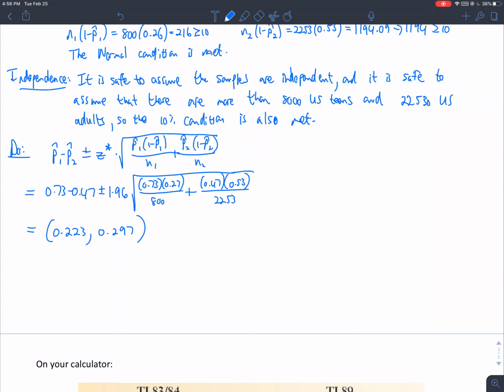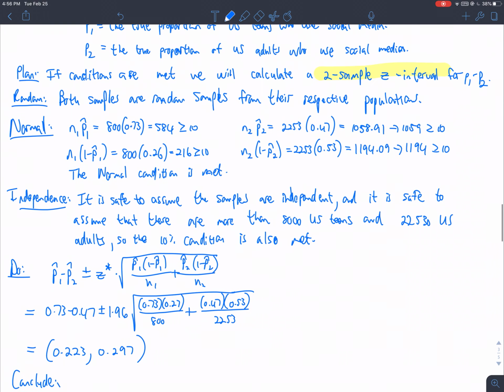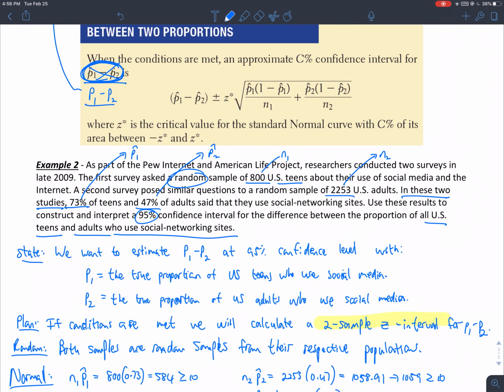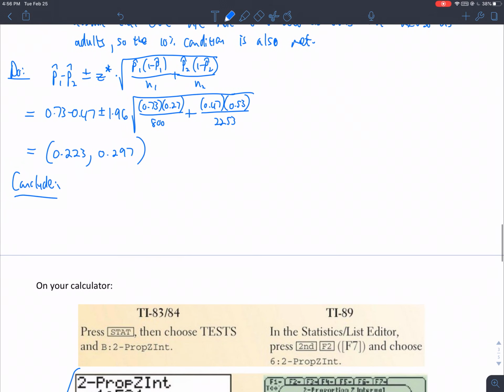But remember, we have to conclude, because the question said this. The question said, construct, we've done that now, we have the confidence interval, but also interpret. Interpret is our conclude step for an inference procedure for a confidence interval, okay? So we are 95% confident that the interval